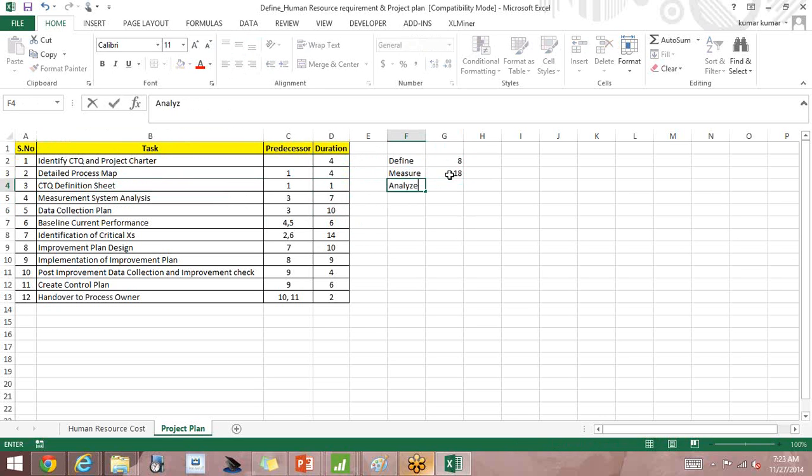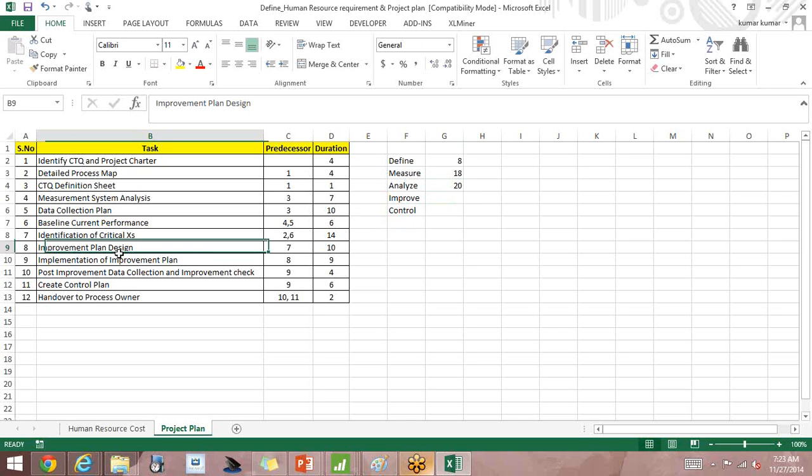Then we have our analyze phase, improve phase, and control phase. What is analyze phase? You want to baseline the performance, identify critical excess. These two will be 20 days. Improve phase: improve your design, implementation of this, post improvement data collection, and improvement check.